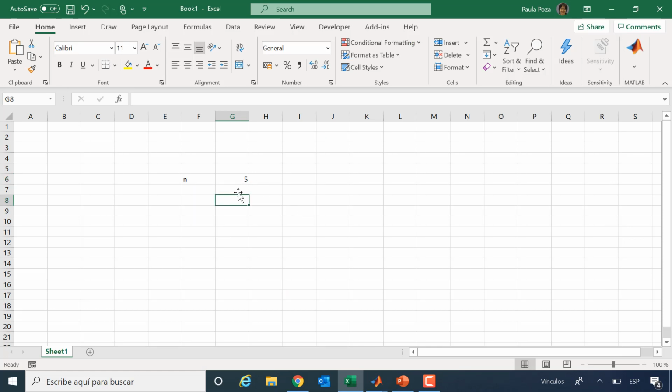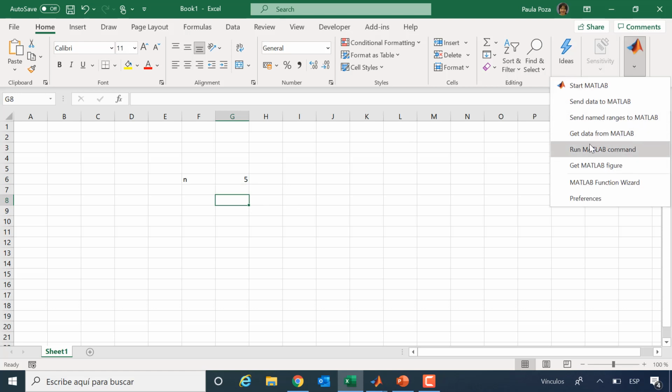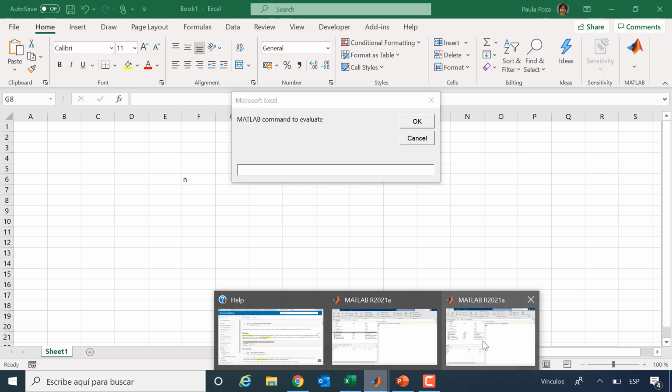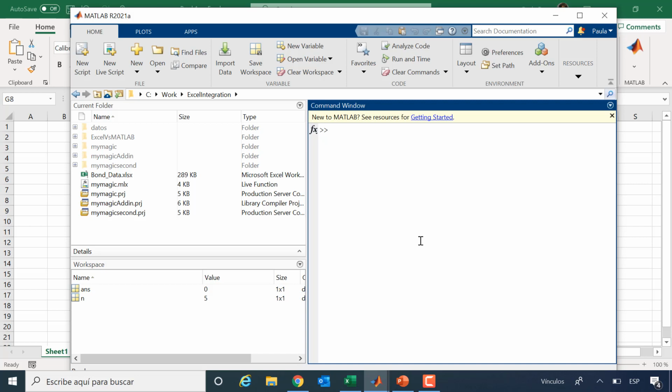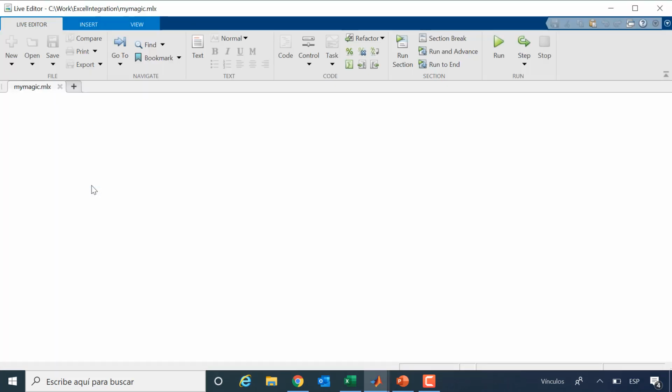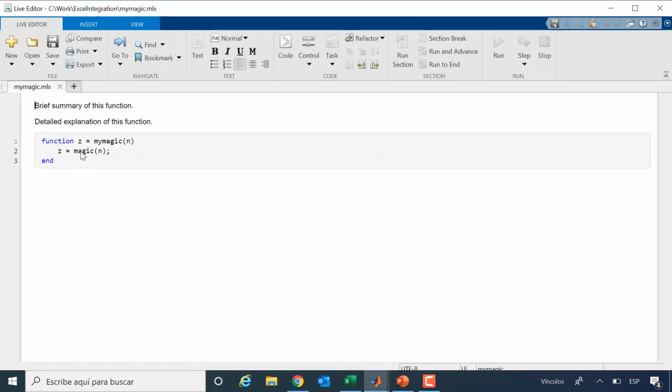Step number 2, run a MATLAB command, and I'm going to call a function called myMagic. Let me explain this function. I've got a function called myMagic, and all it does is call the magic function. Magic is in MATLAB, and I created this little function with it. myMagic picks up the input n and calls magic n, and gives me this output set.